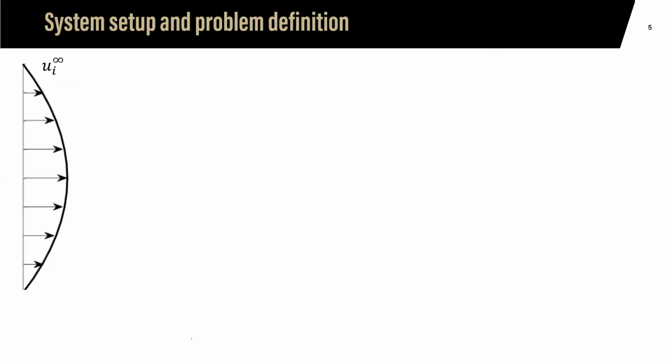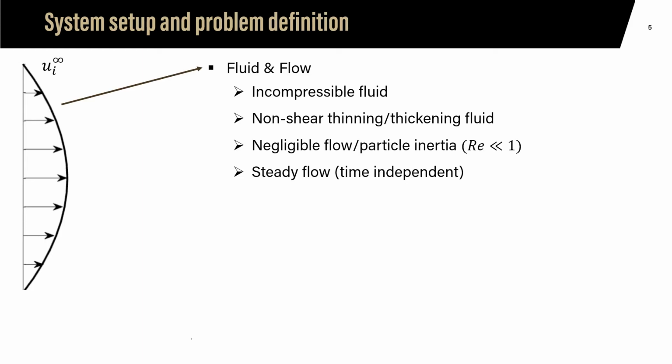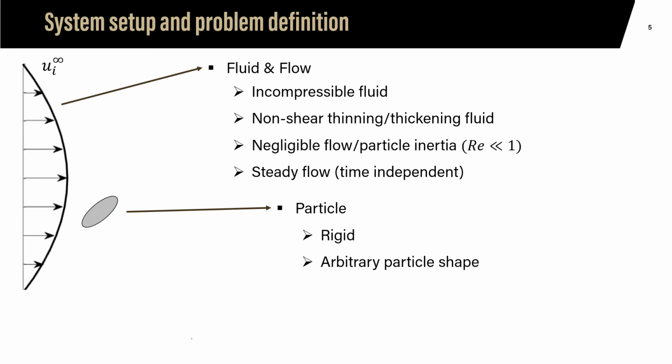From here, we'll dive into the theory we developed in this work, but before we start, there are several important assumptions we have to make for our system. First, we'll assume the flow is incompressible and there is no shear thinning or thickening effect. We'll assume the flow has negligible inertia and is steady in time. For the particle, we'll assume the particle is rigid and the particle shape can be arbitrary. And for our system, we'll assume there is no wall, and we're going to focus on the interaction between our particle